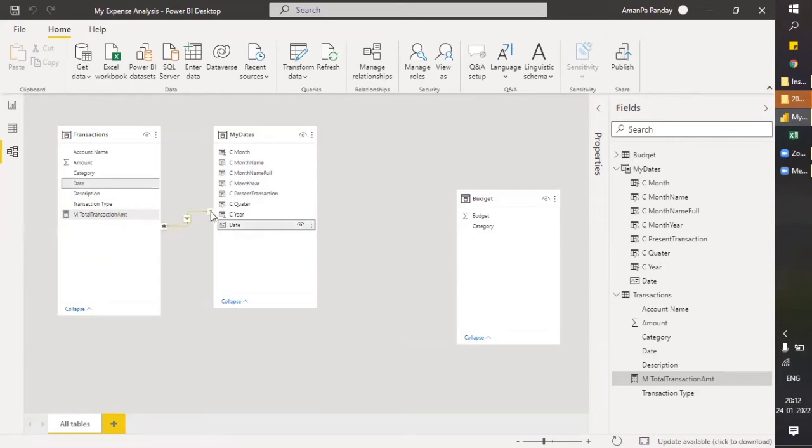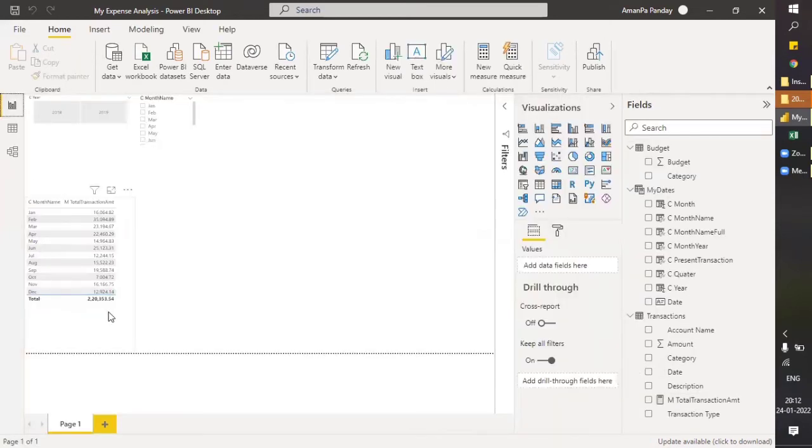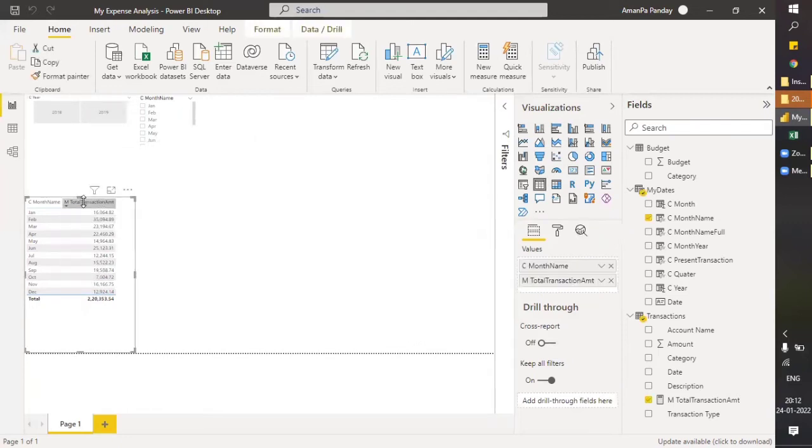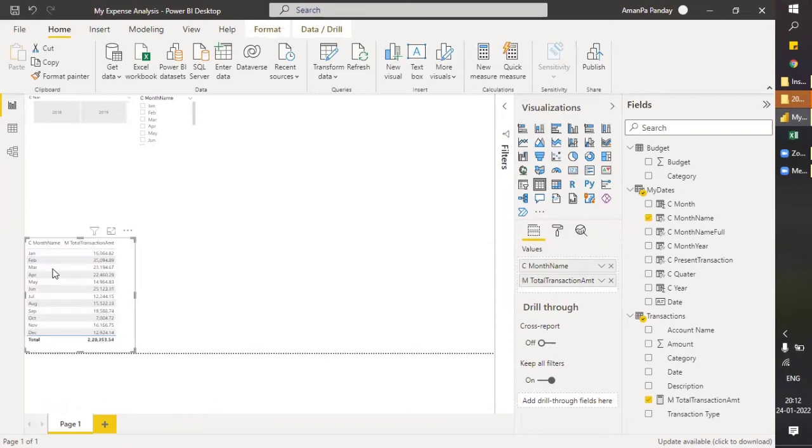Yeah, you can see it has created a one-to-many relationship, and the filter flow is from my date table to transaction. This is the best relationship for your data modeling. You can see it has automatically updated these figures from single to every month. This is the total transaction amount of each month.